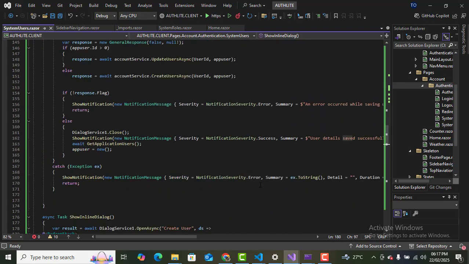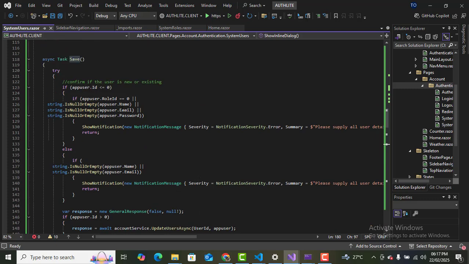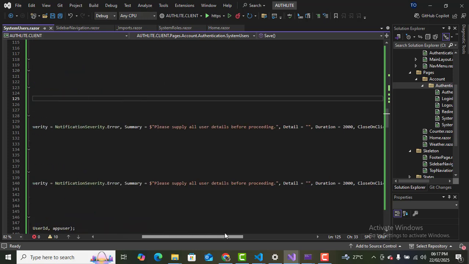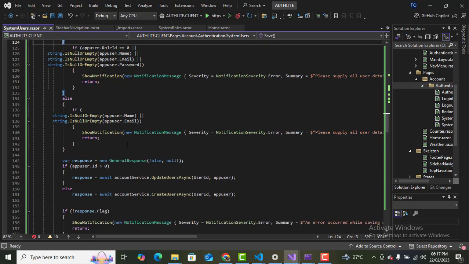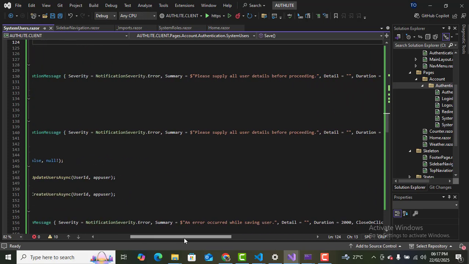Once you hit submit, it will call the save method. So the save method, you're passing the app user ID, and that has the role ID, the name, email, and password. So if you don't supply all of them, you'll get the error as such. And then this one is showing if the app user.id is less than or 0, so meaning is a new user. Else if it is not a new user, it will check